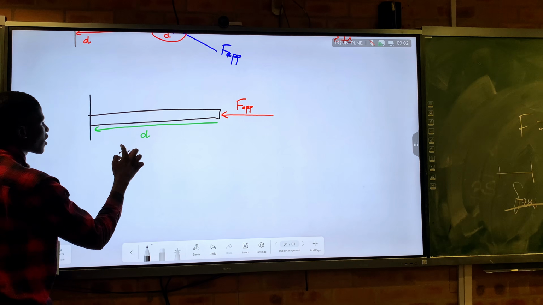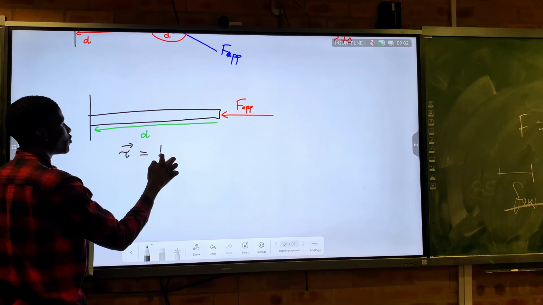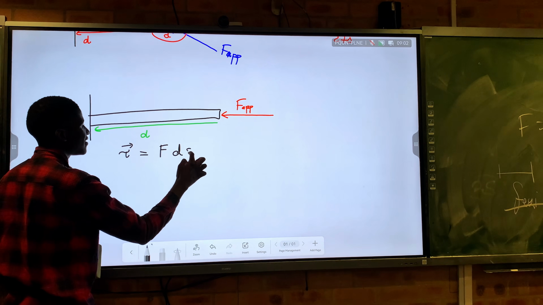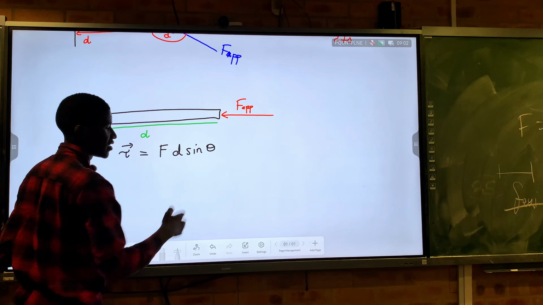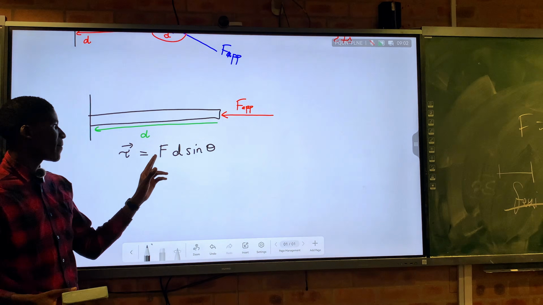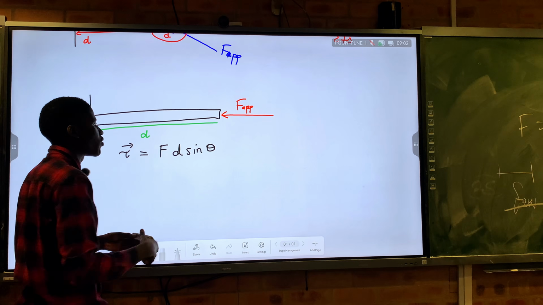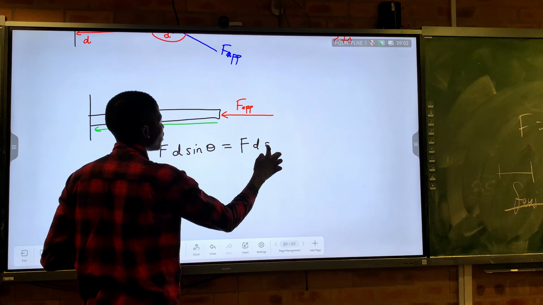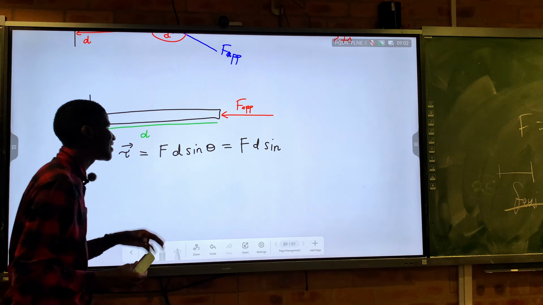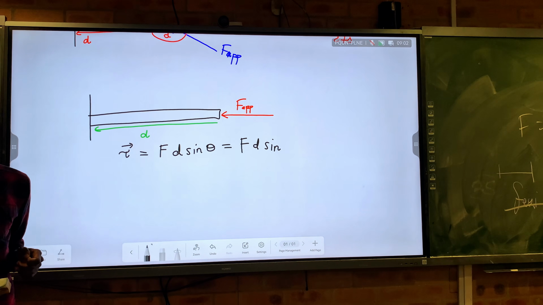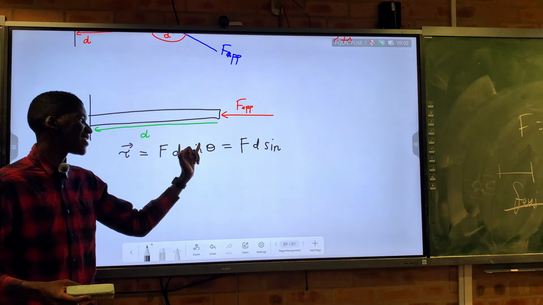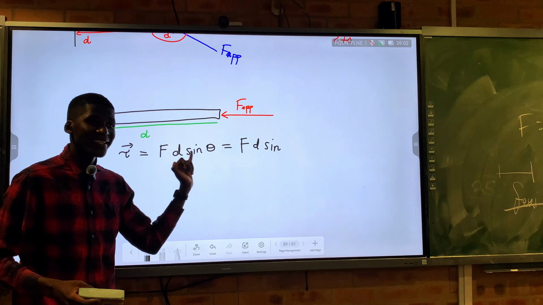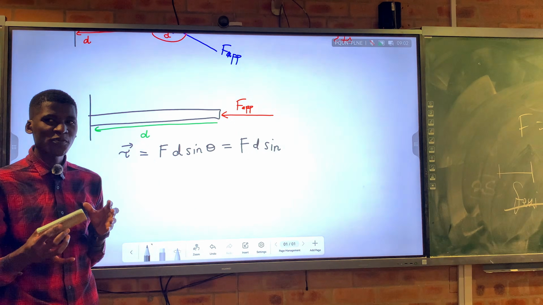To remember, torque, we already said that it is going to be the force times the distance times the sine of theta. Now the magnitude of the force, we may not know it. And also the distance, we may not know it. But one thing that we are sure about is that the angle theta is known. Remember the angle theta in this case is the angle between the force vector and the distance vector. I'm sure you understand cross products, right?